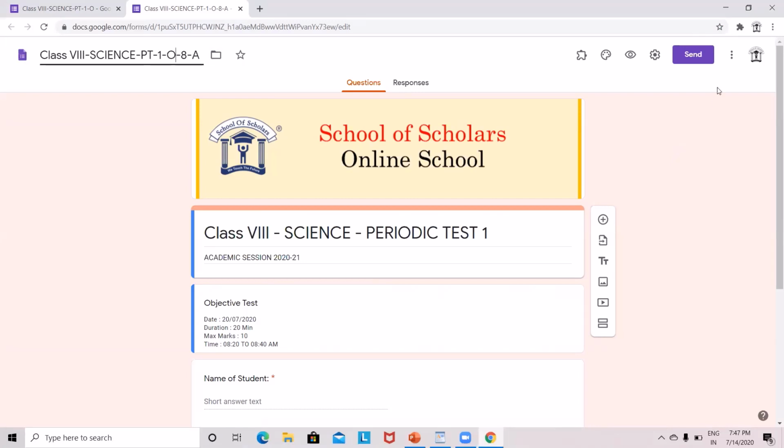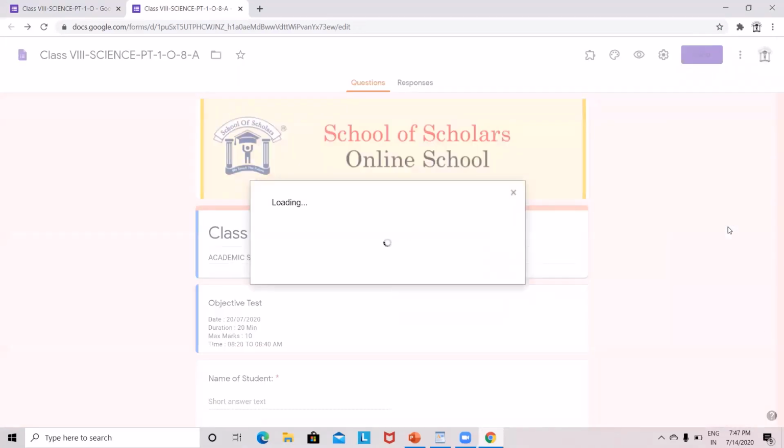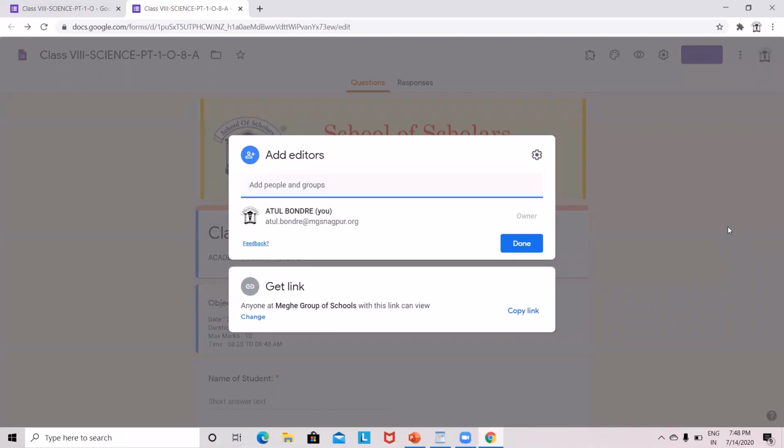Again, the exam in charge will click on the 3 dots given at the top right and click on Add Collaborators. In the resulting window, suppose the Science subject teacher for standard 8th A is Rajni Borkute ma'am.